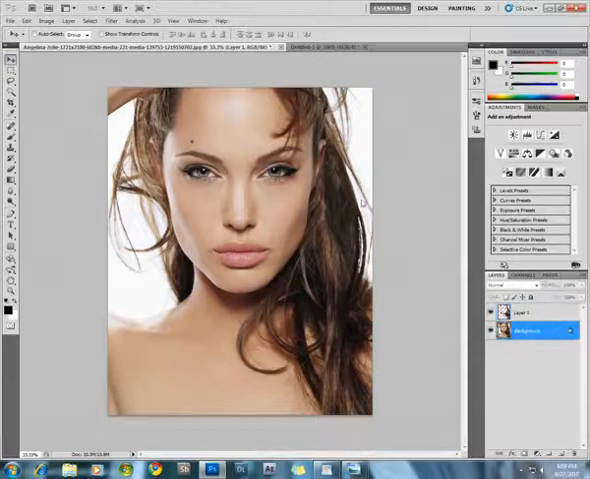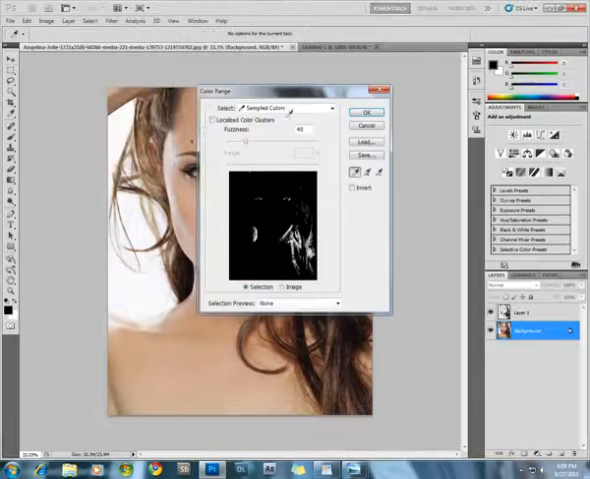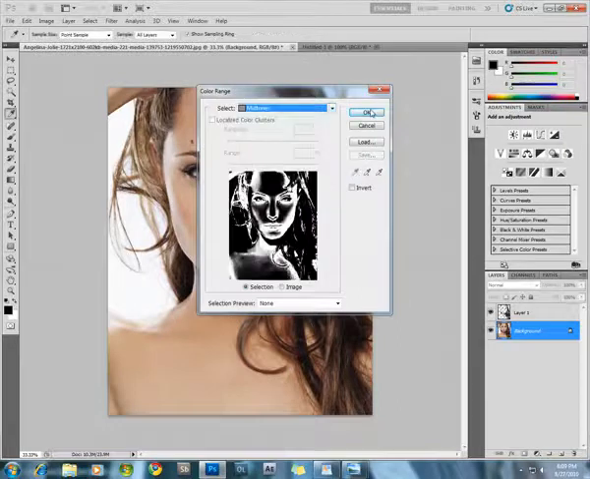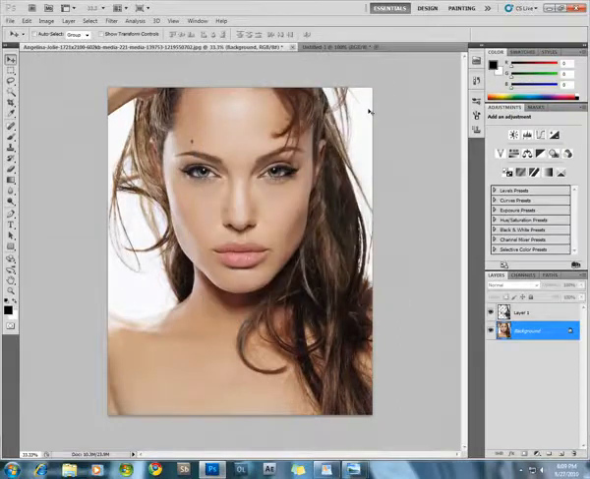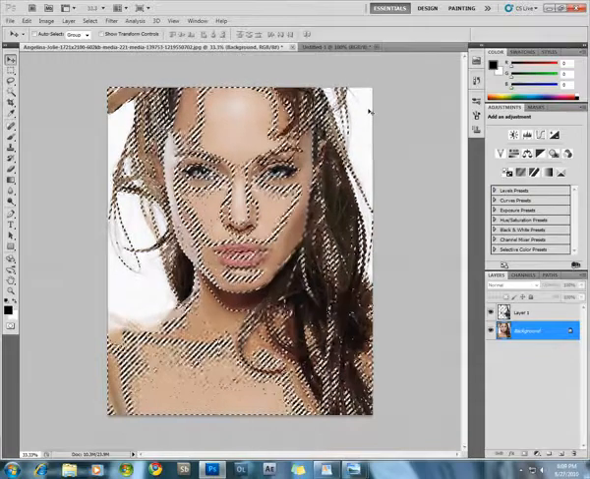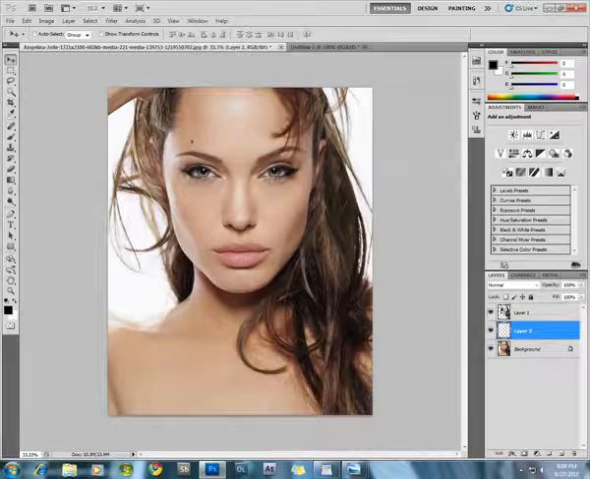Now select the background layer again. Now we are going to select the midtones this time. Go to color range, from the drop down menu select midtones and press OK. Now press Ctrl C to copy and Ctrl J to paste into a new layer. Now you can turn off the background layer